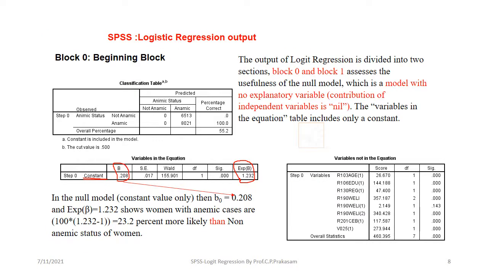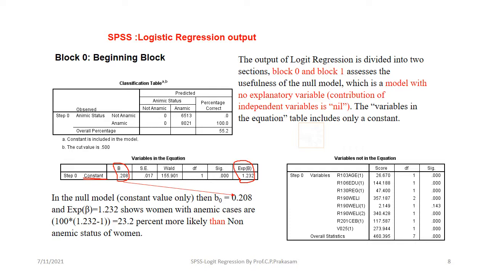It will code it according to that, and it will give the parameters for that accordingly, and it will calculate the logit. The output of logit regression by SPSS is divided into two sections. One is block 0 and block 1, and it will show where block 0 begins. The meaning is that if all other independent variables are assumed nil or 0, what is the contribution of the constant in explaining the dependent variable? That is block number 0. Then block number 1 will include all the independent variables in relation to the dependent variable, which will be calculated, and we will see that later.